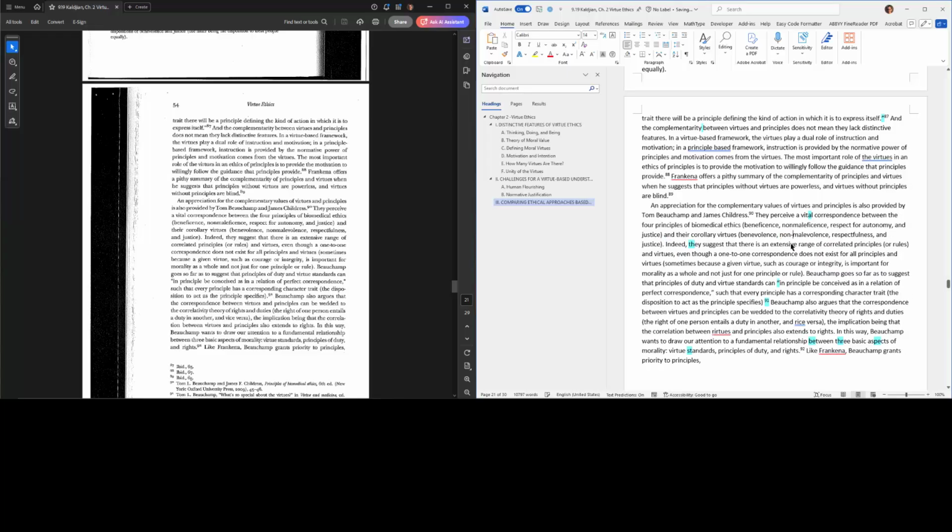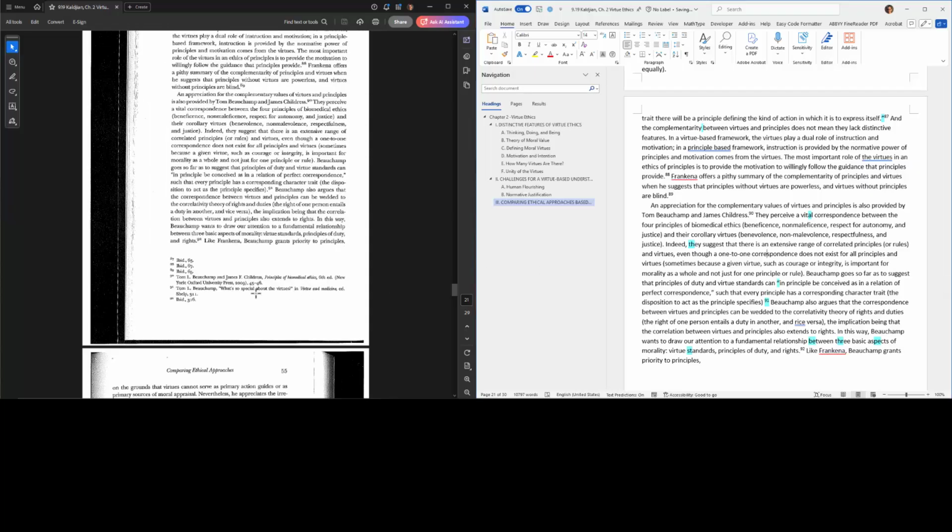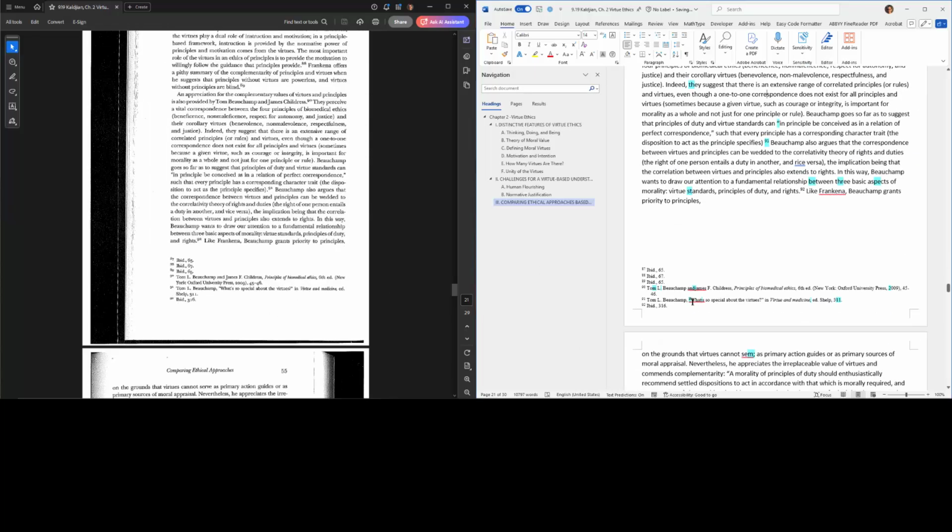I'll just add in a hyphen. 87 between virtues and principles. Seems right. And I don't see anything else to fix other than my footnotes. 87 through 92.